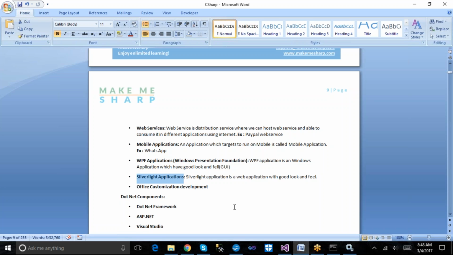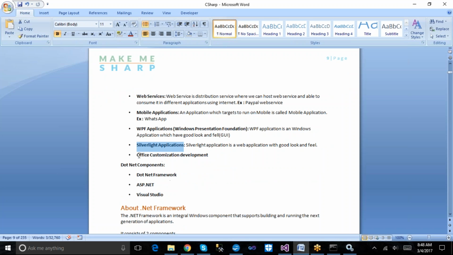So going forward, whatever applications were already developed in Silverlight will be redesigned in other technologies. We can migrate those applications.